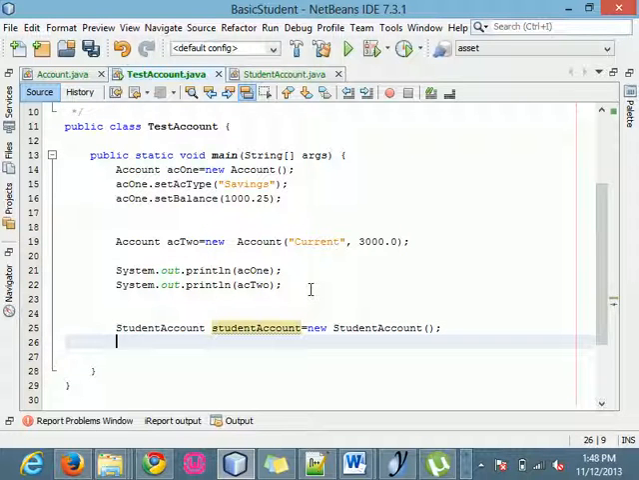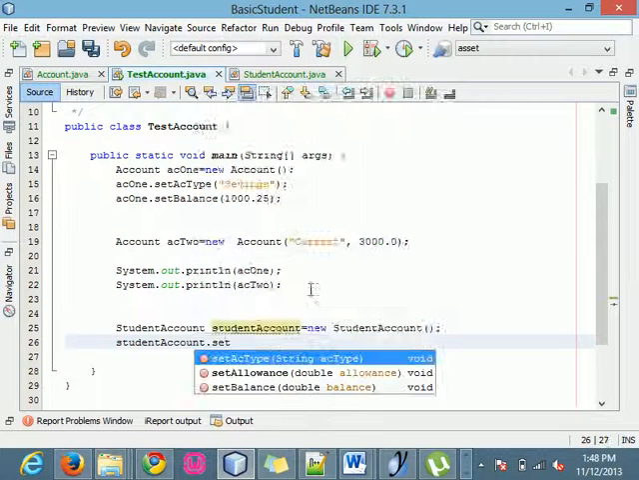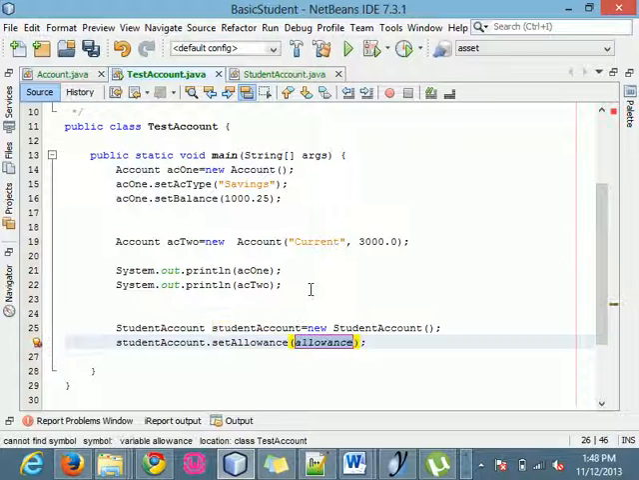Then I want to set the allowance. So to set the allowance, I use the what? The setter. So I just say student account dot what? Set allowance. Then I want the allowance to be 500. So this one will set the allowance. Then finally,